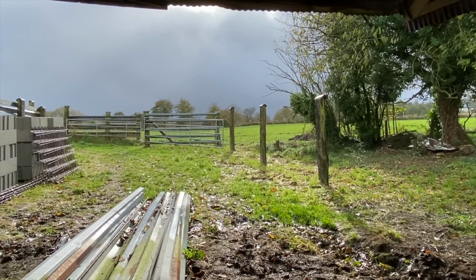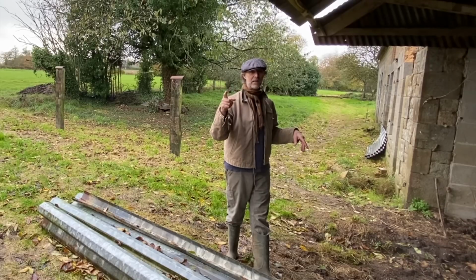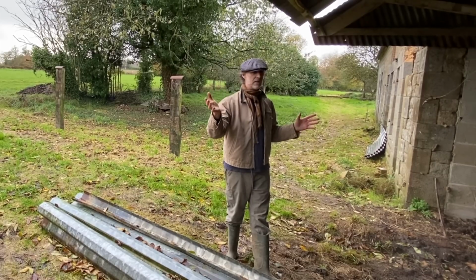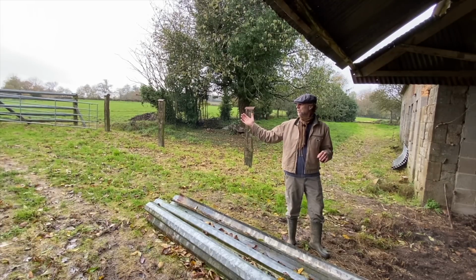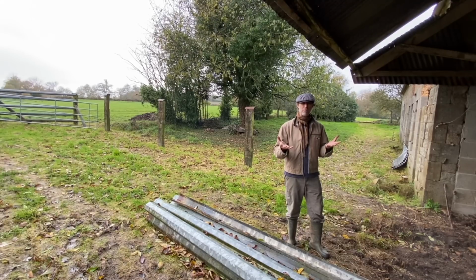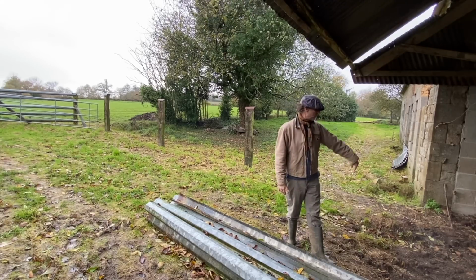So I think the main issue, the first issue we'd have to tackle is this drainage issue. Gutters are going to help big time because we're going to get a lot of that water away and store it for the garden in containers. I don't think it's so much that this is draining off the field, it's the fact that we have manure here that's holding it like a pond, you know. So we've got to scoop all this out,